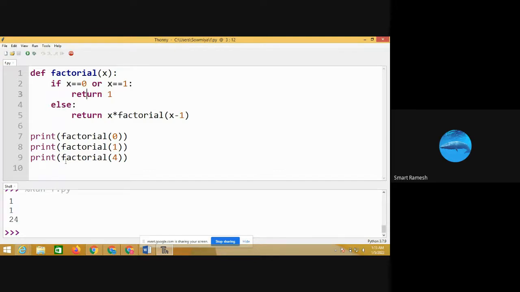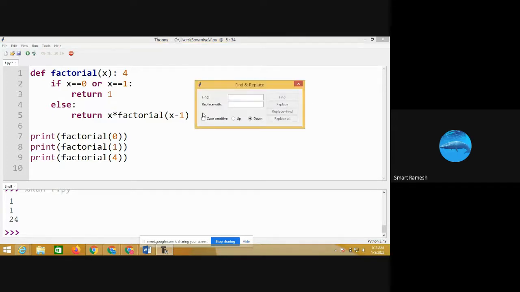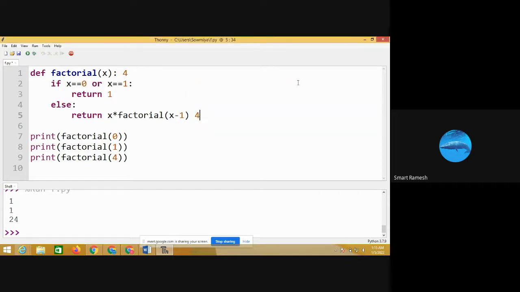Next time factorial of 4. This time what is the x value? X value is 4. If 4 equal to 0, false. 4 equal to 1, false. So come into the else block, return x into factorial of x minus 1. Here x is 4, so 4 into factorial of 4 minus 1, that is 3.